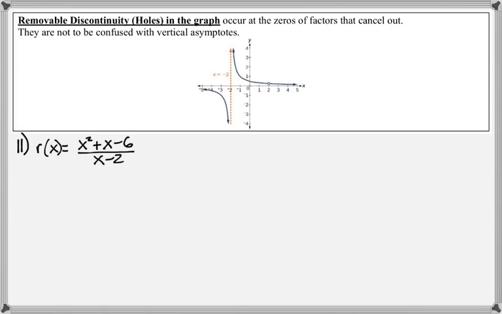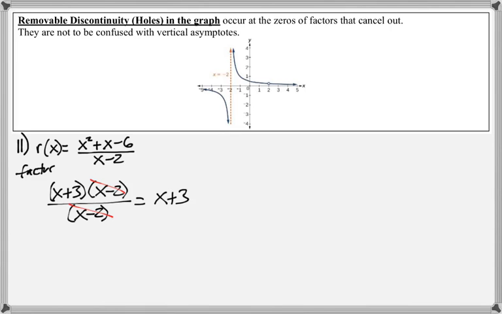So let's look at number 11, and we can really look at the factors that cancel out by factoring. So the top factors to be, if you factor, it's going to be x plus 3 and x minus 2. The bottom I'll leave as x minus 2. So these will cancel out, and you're left with just x plus 3. So because the x minus 2's cancel out,